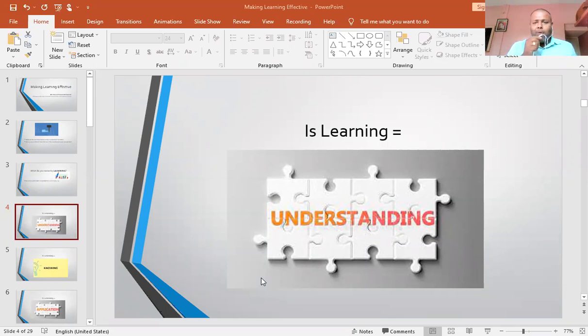Great. So I have received a response in the chat: if you understand, you will learn, and then you can apply also. Thank you, Tanushri ma'am, for your opinion. One more opinion I have received from Rashmi ma'am is that first we have to understand the topic. Okay. So you find learning is understanding. Sapna ma'am says we learn after understanding.